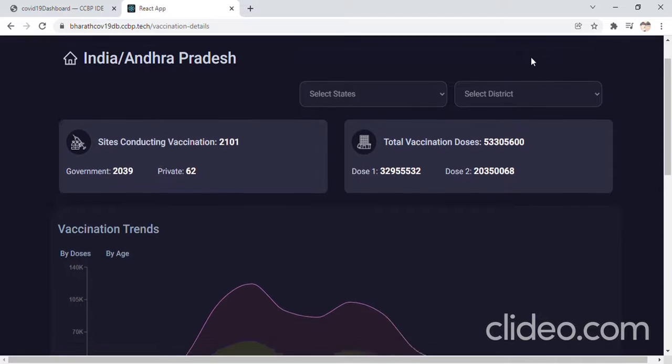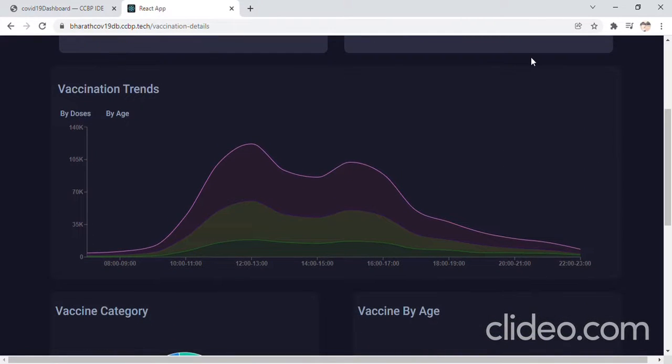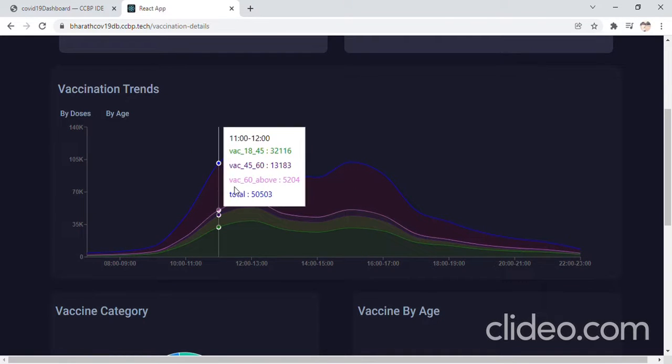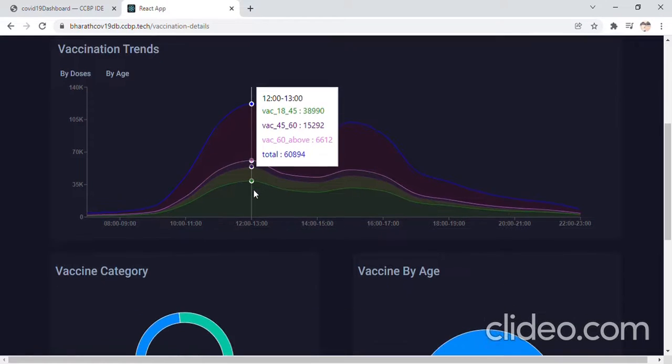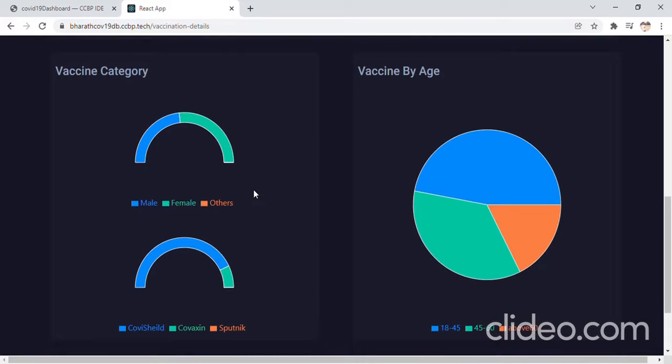We can get the data in an eye pleasing manner in the form of trends. Here we get by doses, by ages, so how many people have been vaccinated in each age category. It is also shown in pie charts, like vaccine category, male, female, type of vaccine, and also the ages.